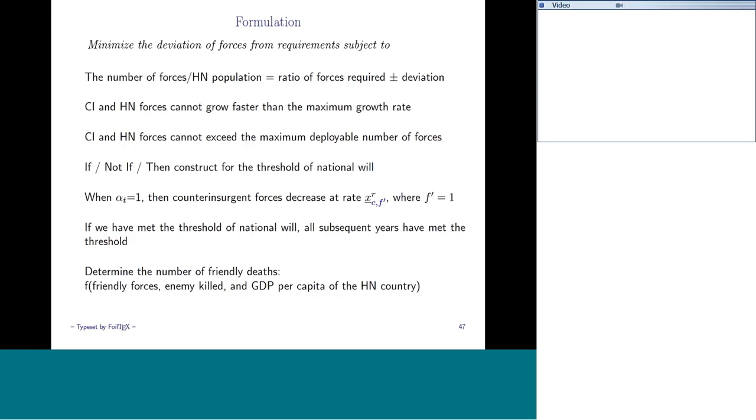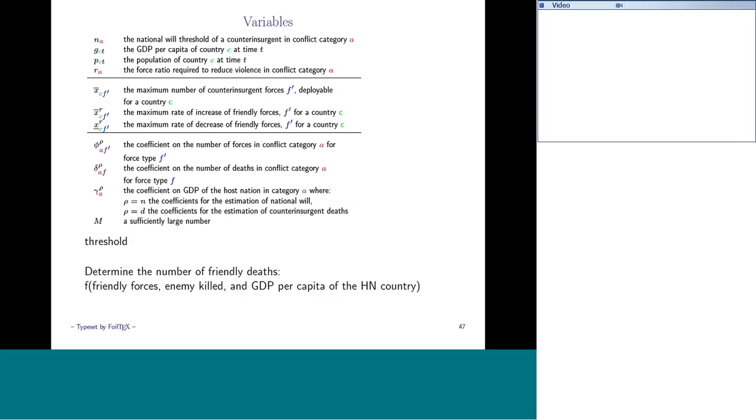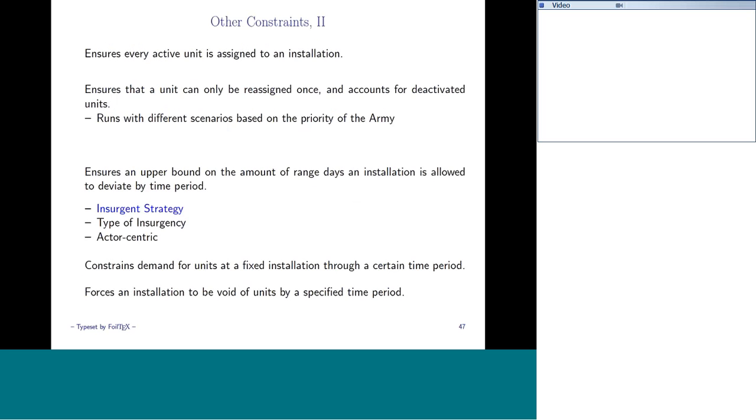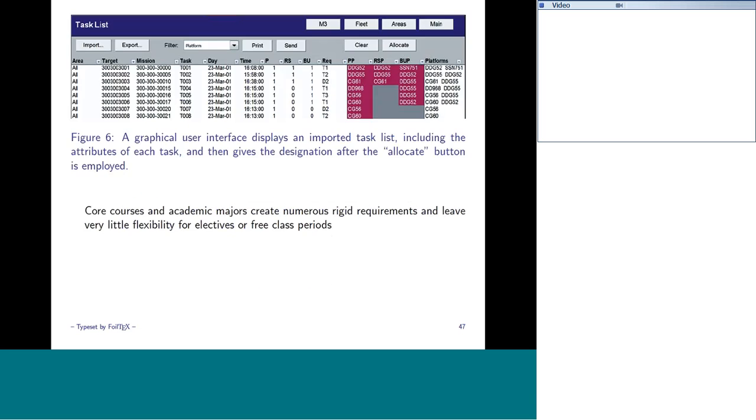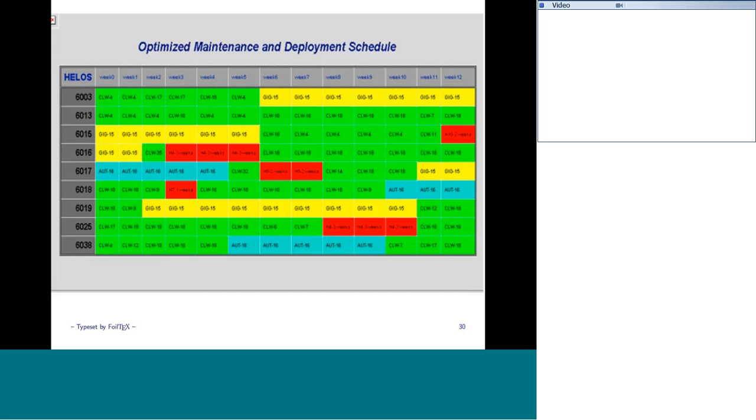Yeah, this is Jeff. I was curious on your helicopter model. Was the output of the linear program both a maintenance schedule and a deployment schedule for the helicopters, or what hours they should be used? Yes, it was. So I will go back to my little output, which is on slide 29.